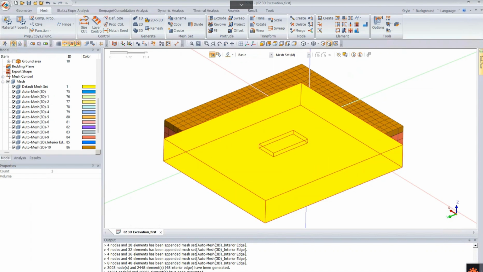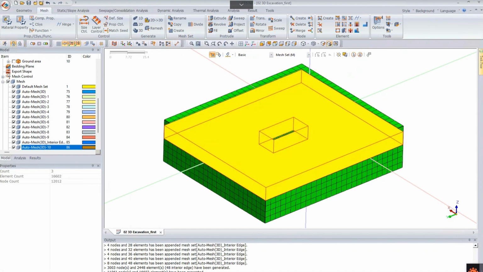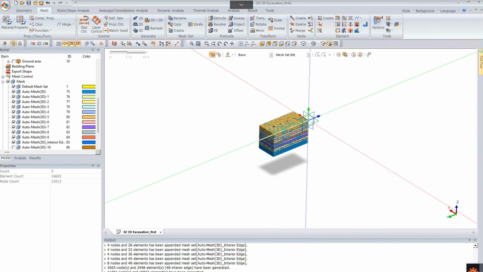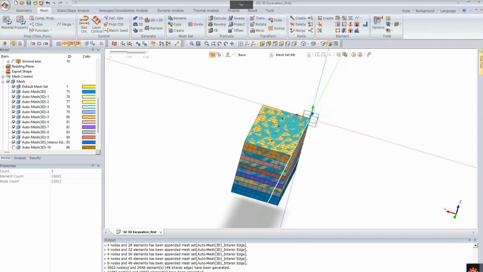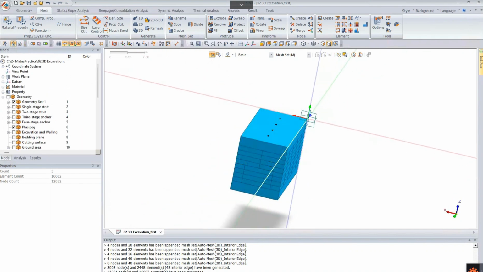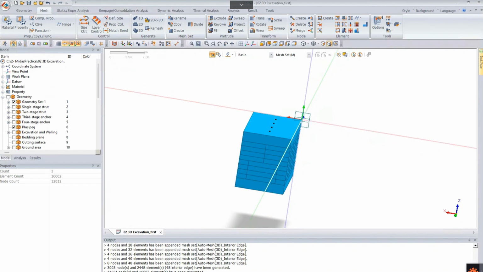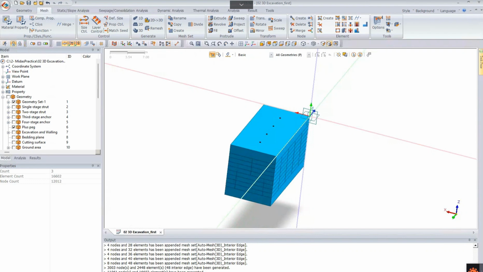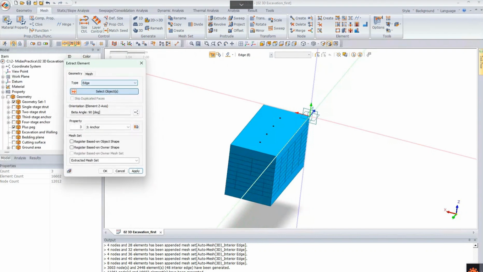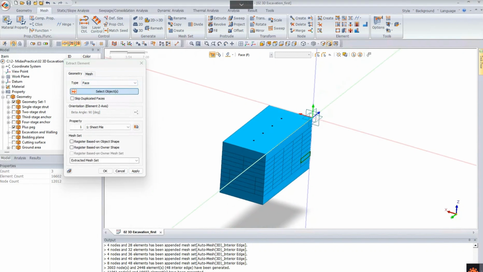Selecting method, choose district, and then it. So now go to extract element. You can turn off all, and now this is the excavated area. You will extract element, go to extract element, selecting face. This is sheet piles,